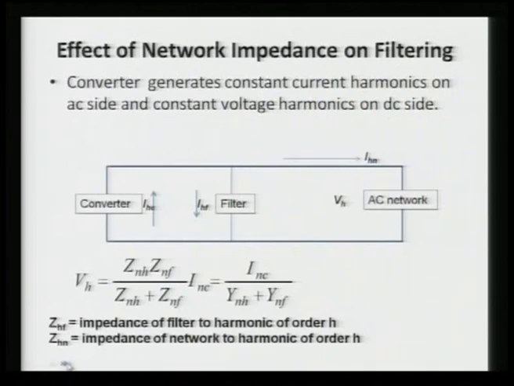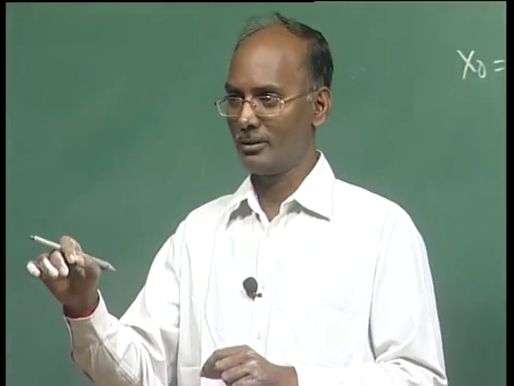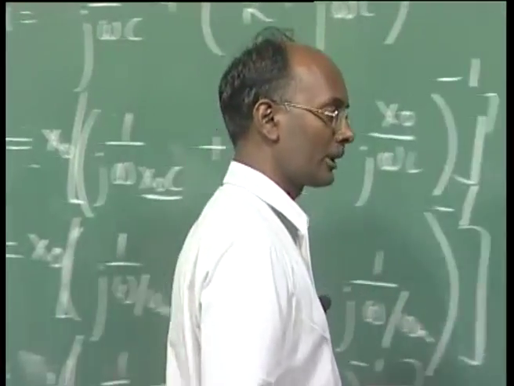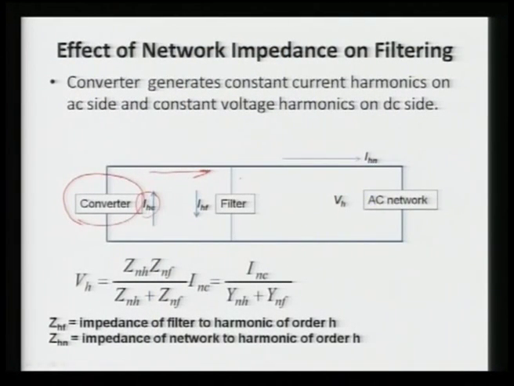Now, we have to see another aspect of this. This is the case when the filters are there, there is no parallel impedance, etc. This is analyzed in isolation, but it is not so. Because we have the filter impedance, we have the network impedance as well, and then we have our harmonics current generation. This is basically the converter which generates the harmonics components, and that is a current source, it is not a voltage source, means the harmonic currents are generated. So, this current which is flowing is now going to go through this filter and through the network. This is an AC network.